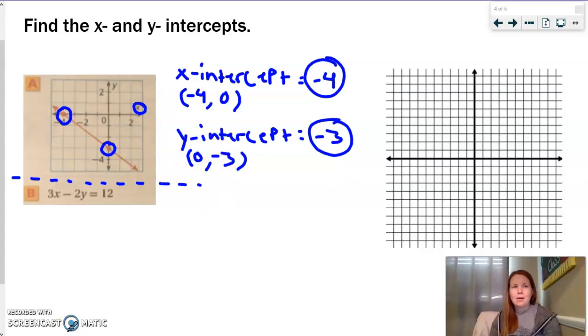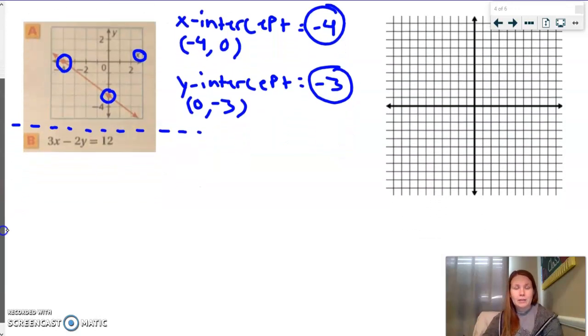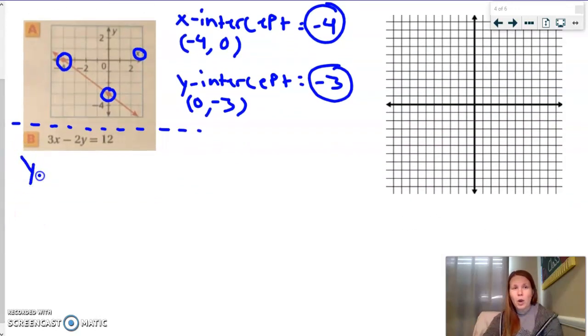Now for B, it's not as simple. They give it to me in that standard form. So something's being times by x, we're adding or subtracting, something's being times by y, and then we've got a value. When I've got something in standard form, the best way to change this is to get it into a y equals form, okay? So I'm going to rearrange this equation so that it goes y equals,